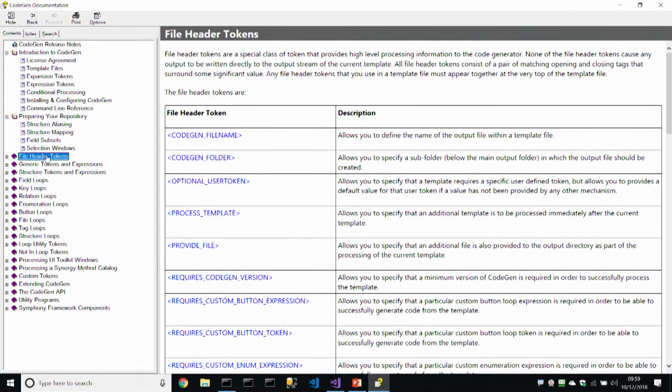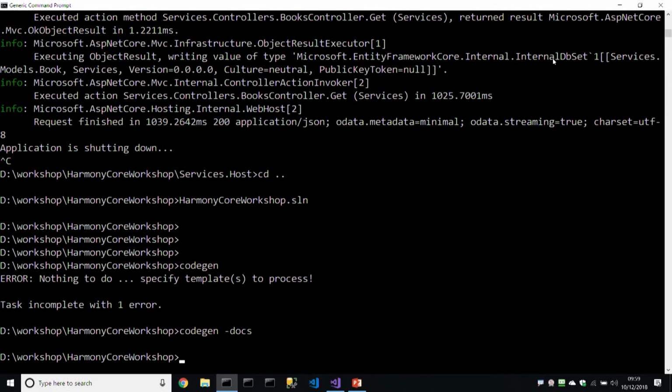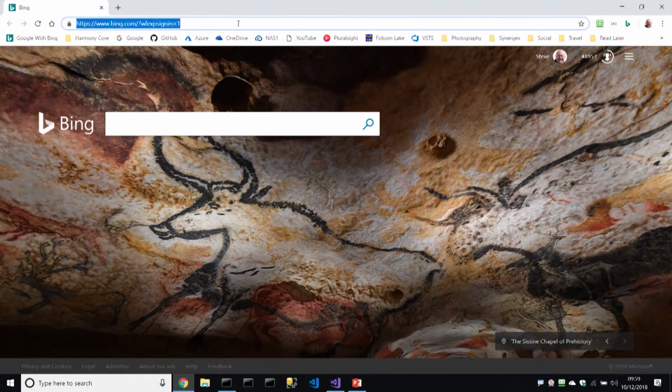And then it's basically a reference for all the different kinds of tokens and expressions that CodeGen supports. I'll give you a brief overview of what it actually does in a few minutes' time. By the way, the CodeGen documentation is available, I think, if you go to